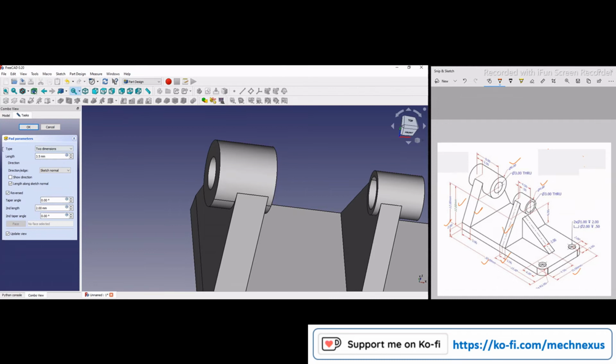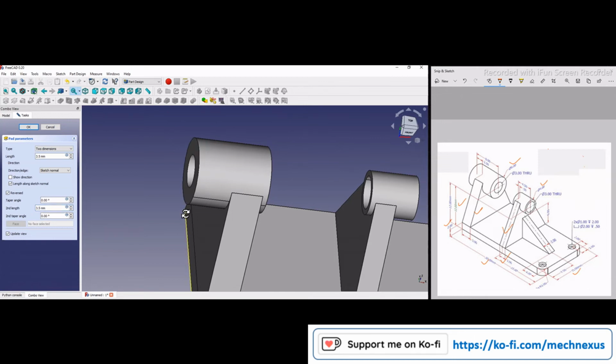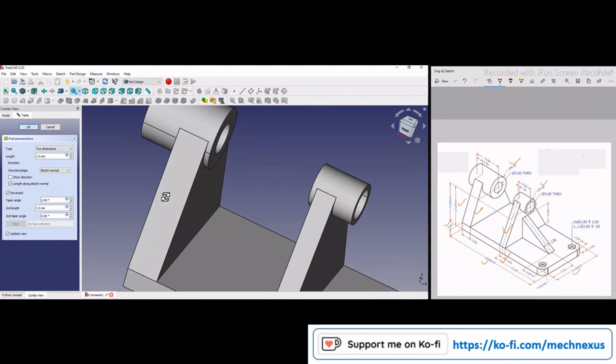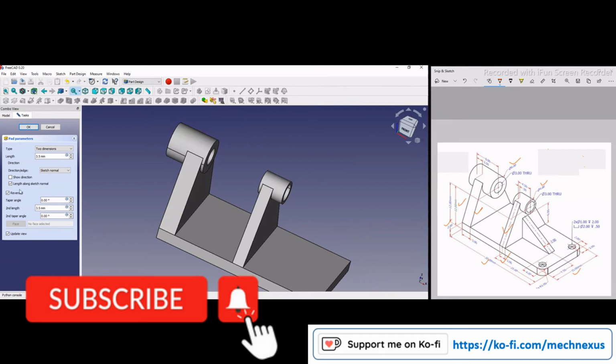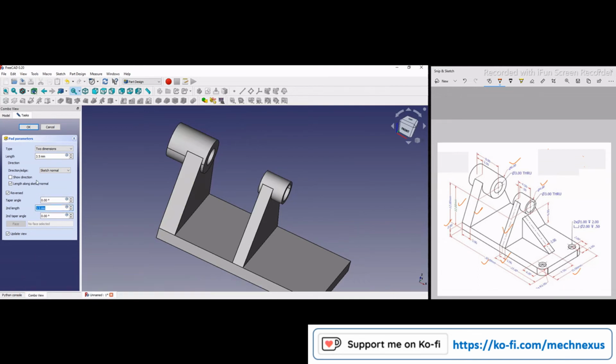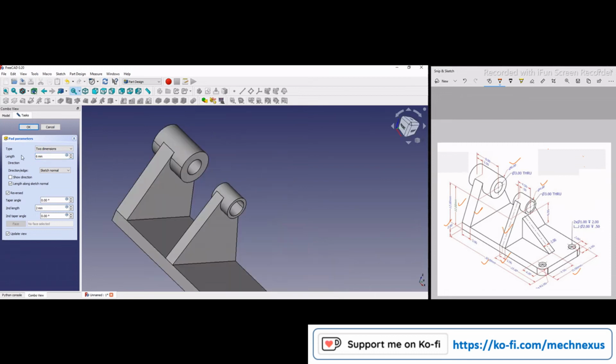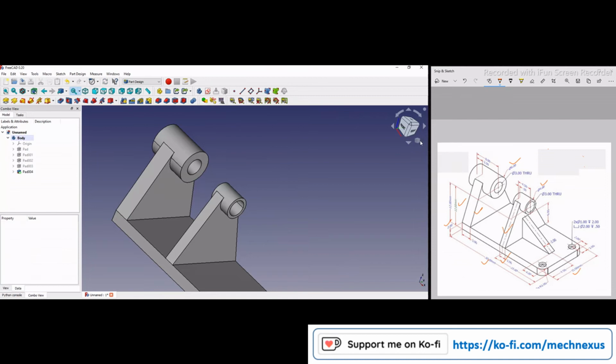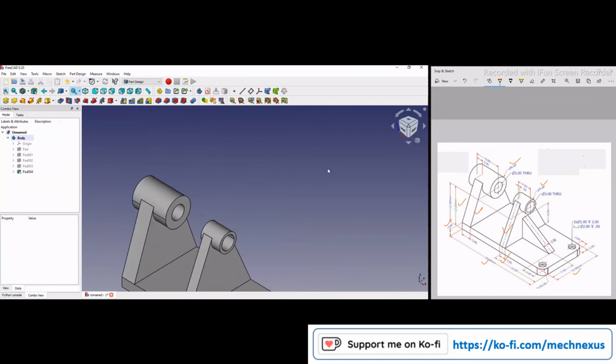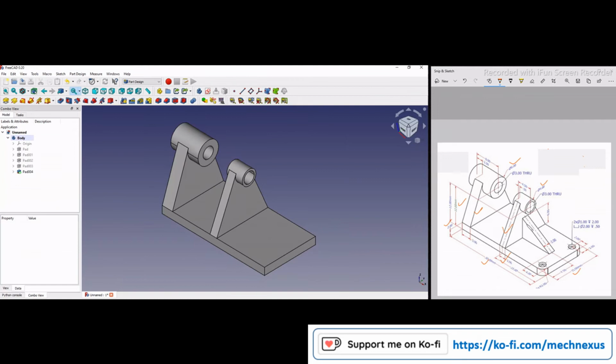So this one 3.5. No, we have not a sketch on the mid plane, we have a sketch on the face, so it will be 2 mm, and this one will be 6, and we will say OK, and we will switch to isometric, and now we will draw this